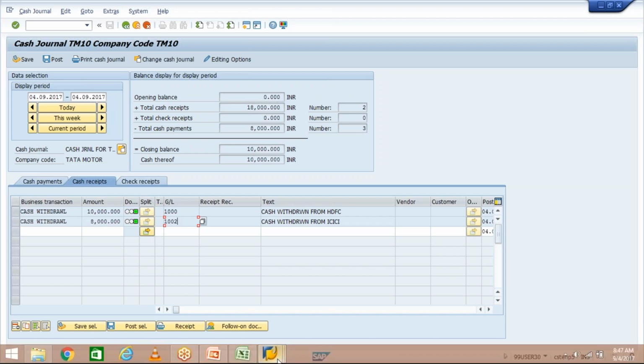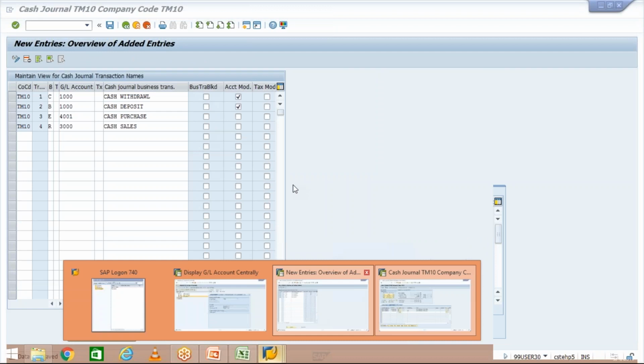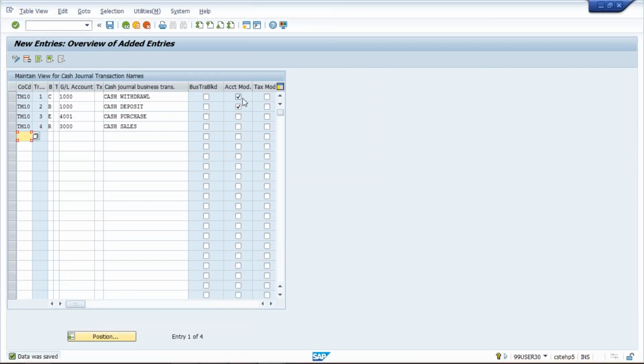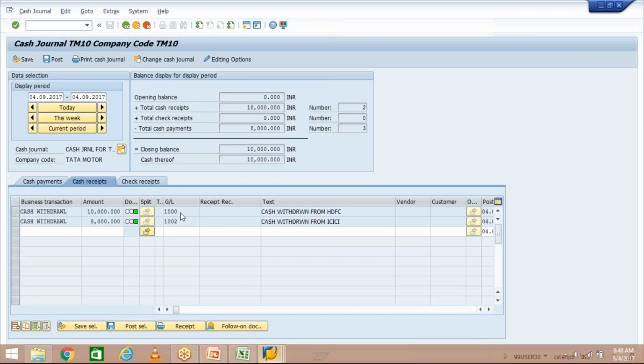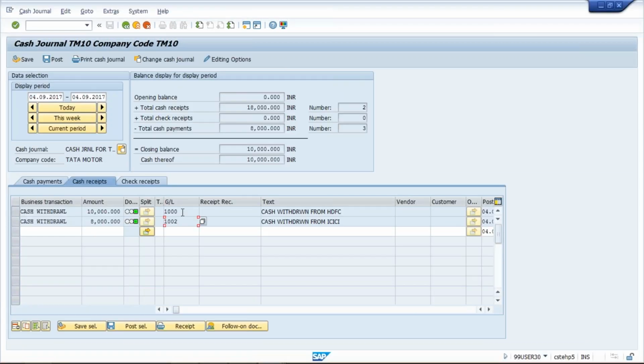Earlier, when I had not applied a check mark, this GL account field was non-editable, and once you pressed enter, the system brought the HDFC GL by default, and we were not able to edit that GL. But once I applied a check mark in the account modifiable field, the GL account field became modifiable, and we can enter the required GL.